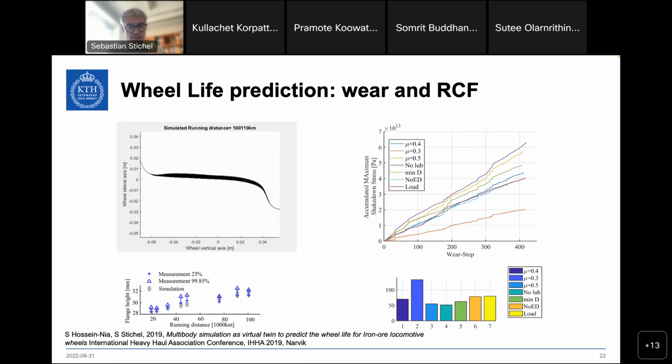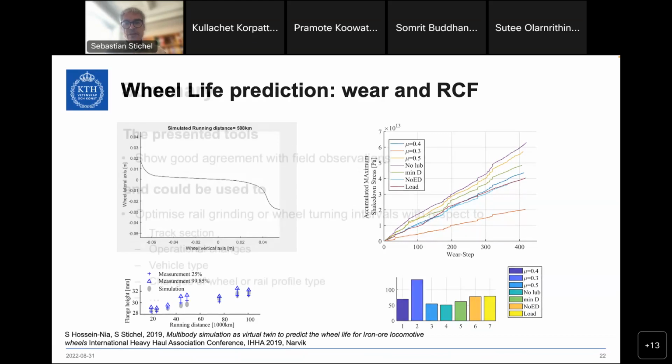So you can try to predict how many more wheel sets you need to reprofile if the lubrication does not work, as said, if you don't use electrodynamic braking, if you change the loads and so on. So you can really use this as some sort of digital twin to predict how the system will behave and how your maintenance